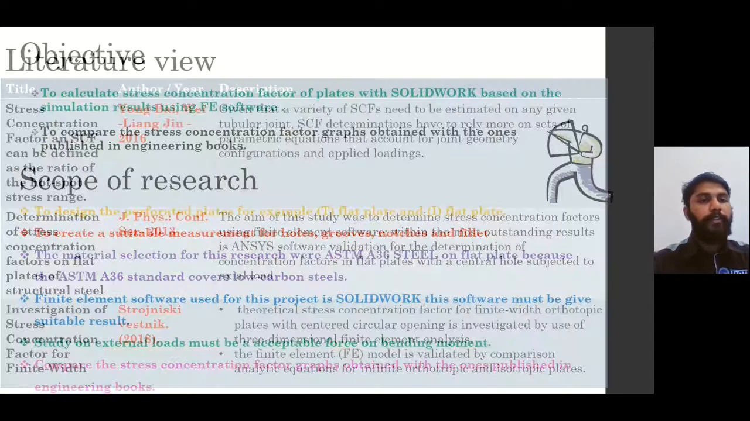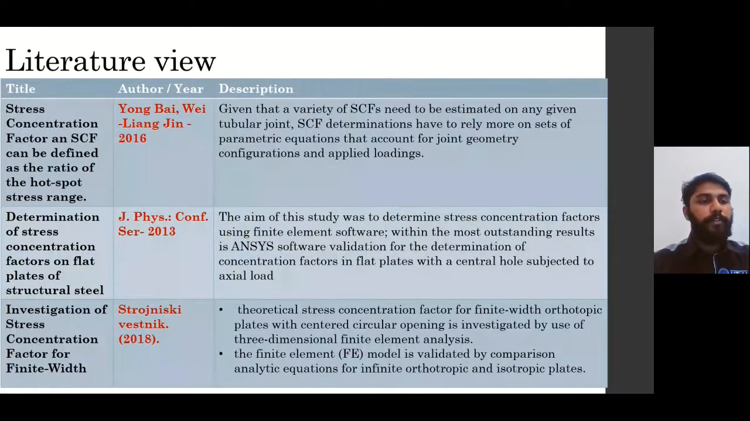Okay, let's see the literature review. The first is that stress concentration factor can be defined as the ratio of the hotspot stress range. The author is Wei and Liang Jin in 2016. This journal is about the given that the variety of stress concentration factors need to be estimated on any given tubular joint. Stress concentration factor determination has to rely more on a set of parametric equations that account for joint geometry configuration and